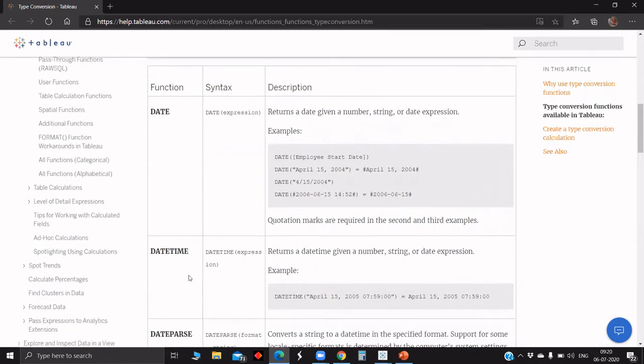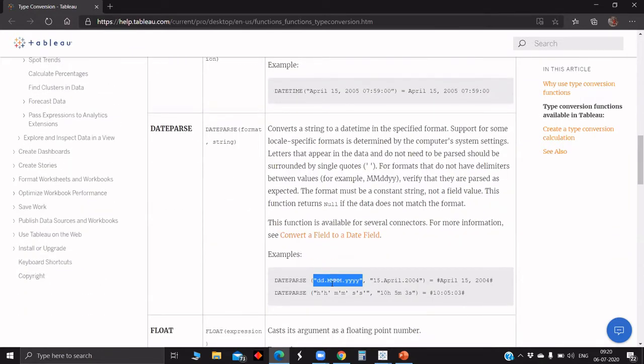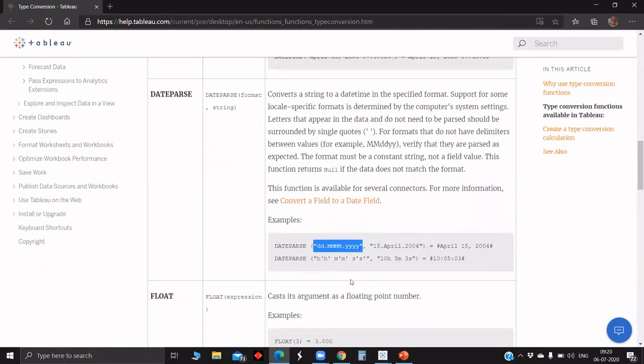Here, though we have input in a different order, if we want the output in a specific order, we can use the date parse function and give the format we want. So that's the use of the date parse function.